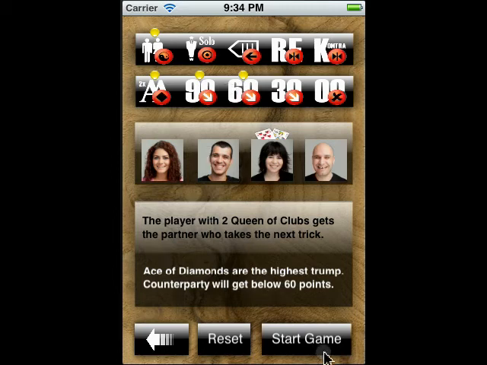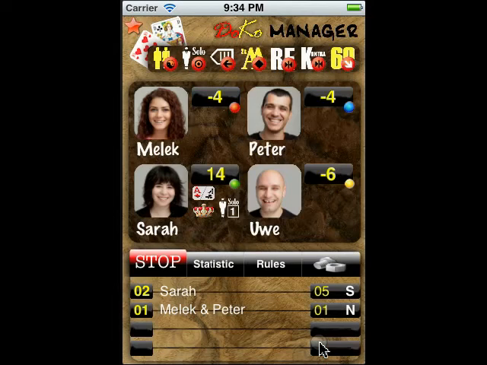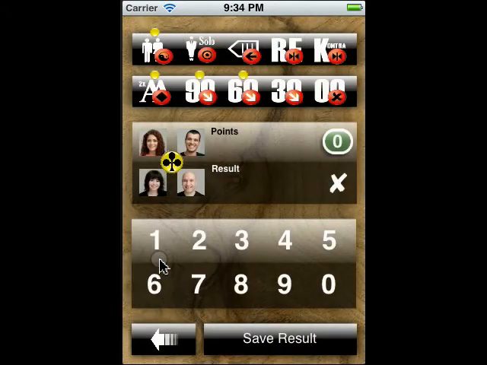Okay, and we start the game, and then it's done, and maybe with luck we go to stop, and yeah, the result is 54 for the losing party. Just swipe over it, and the winning team has 186 points, and we have in that case 5 points for